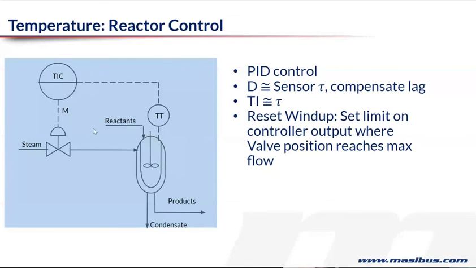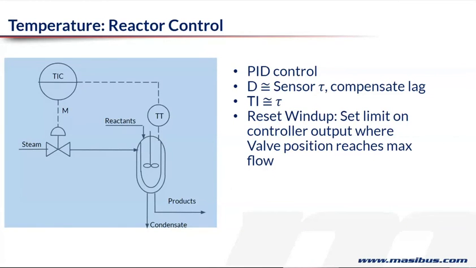So you find out what that lag is by giving, in manual mode, a bump to this manipulated variable. Say you change it by 5% and observe this temperature reading which is going to the controller. If it starts changing, say, after 10 seconds, then you know that your D setting should be equal to that, the loop response time or the sensor response time. So you set your D setting equal to that sensor response time or the sensor tau, mainly to compensate for that lag.